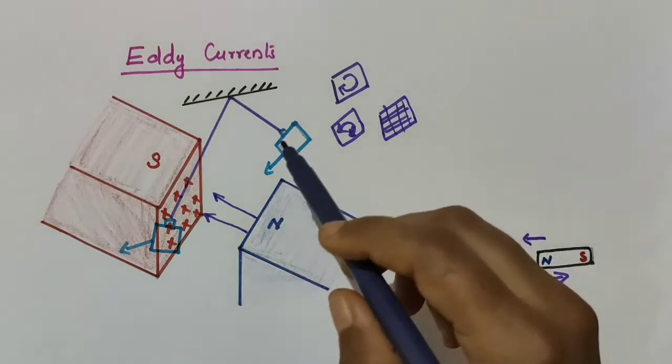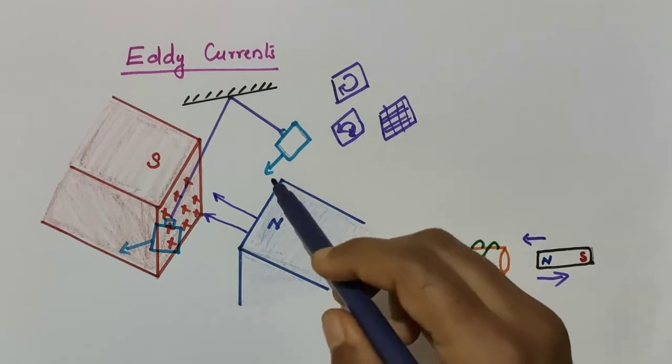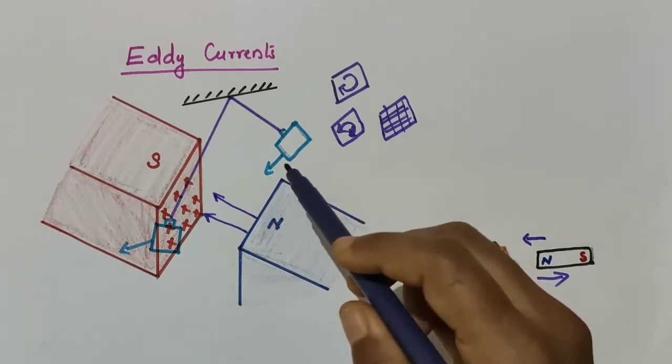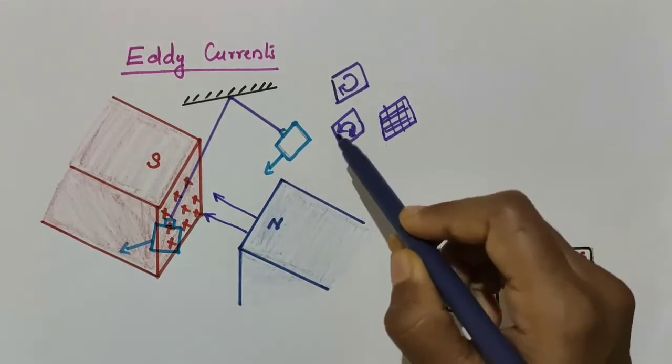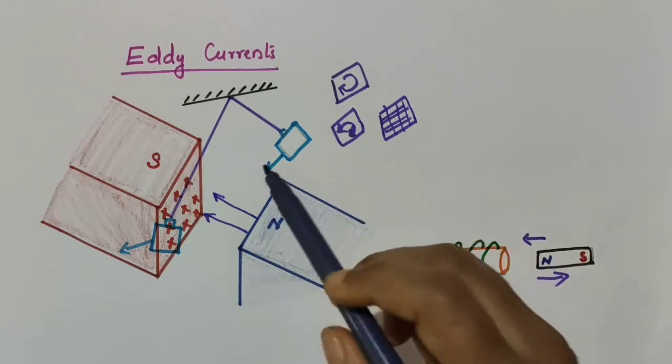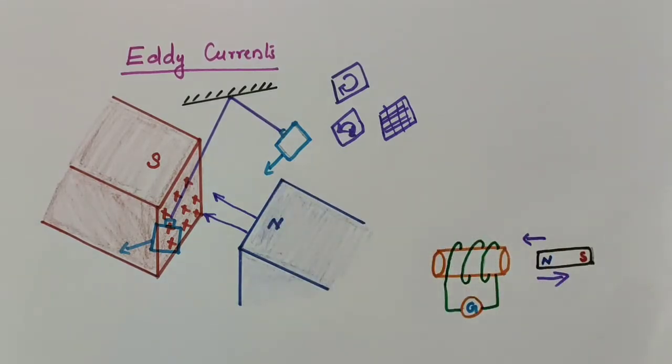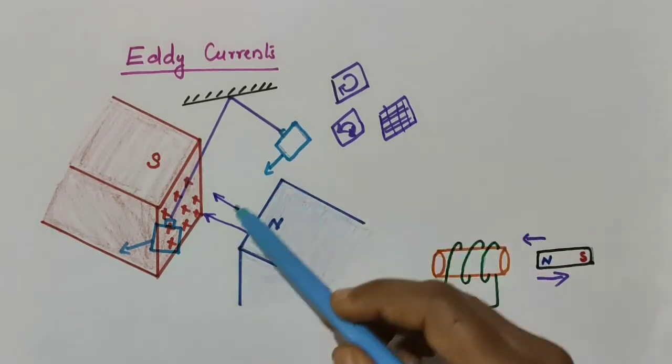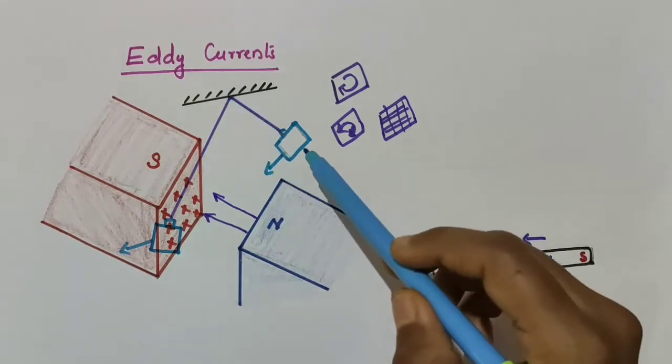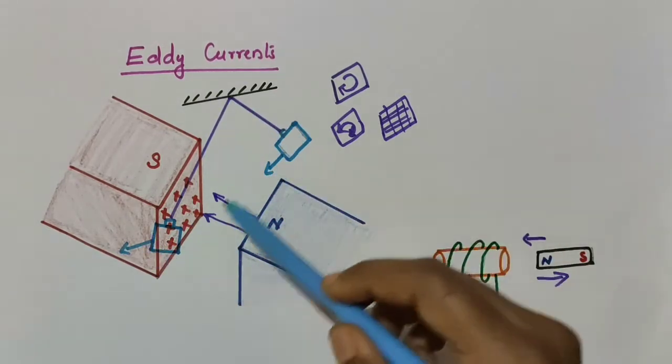That is, the electrons in the plate start circulating in such a direction as to oppose that change in flux. So when this is a pivot point and the plate is allowed to swing in between the magnetic fields,